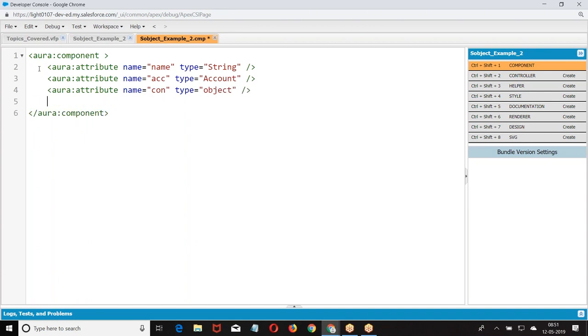The meaning of this is string name, account ACC, object CON. This is the meaning of what I created. When I created attribute name equal to name, type equal to string, it means string name. When I say attribute name equal to ACC, type equal to account, it is account ACC. Attribute equal to CON, type equal to object, it means object CON. This is the meaning of this.